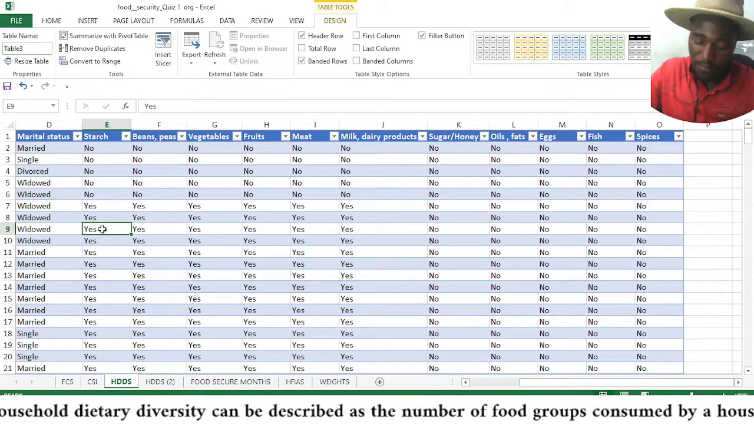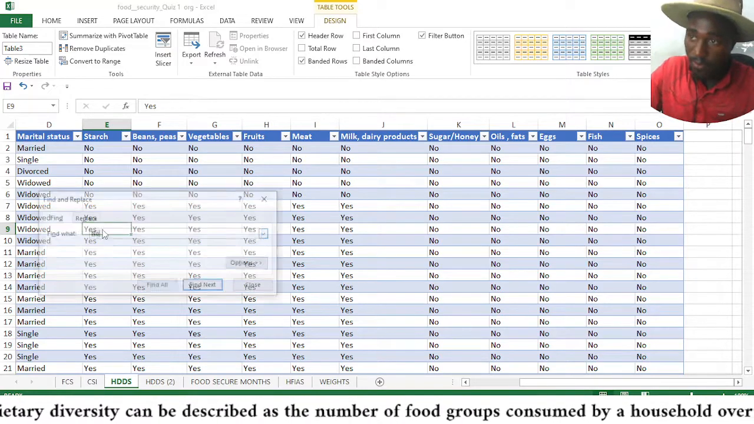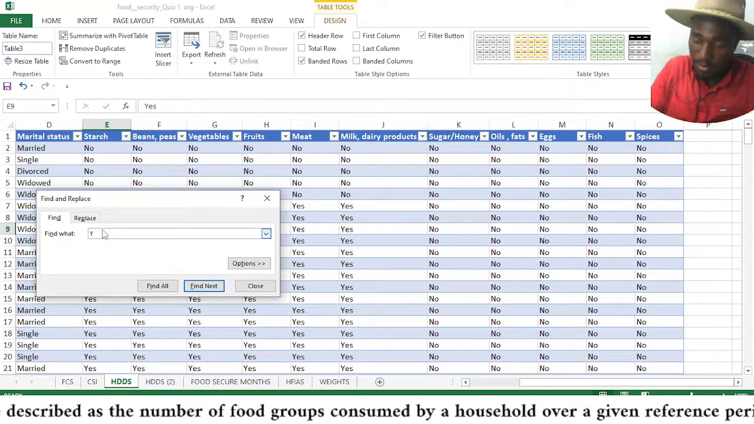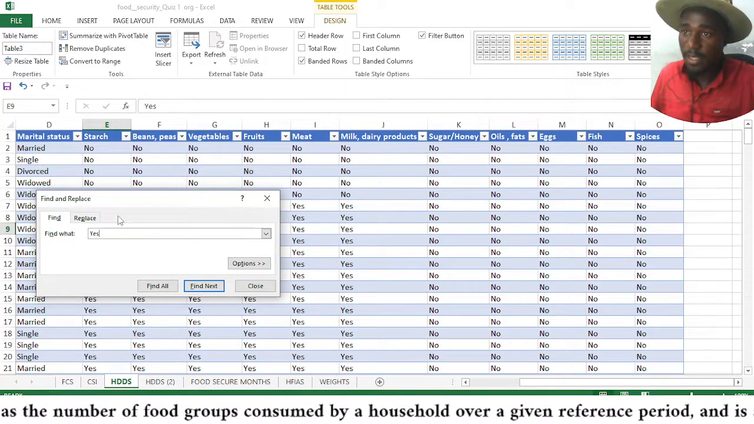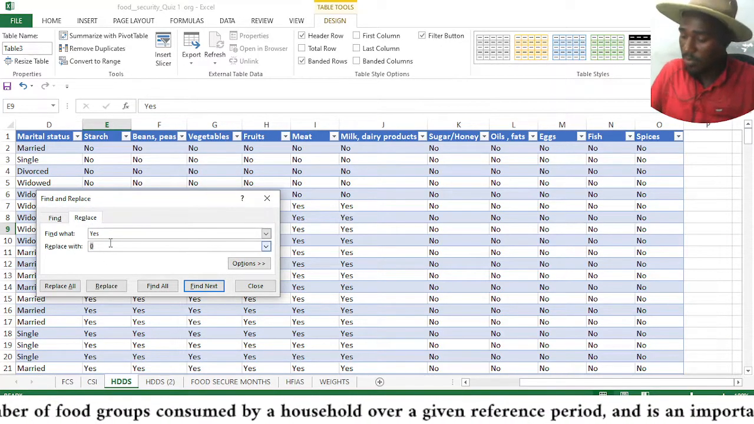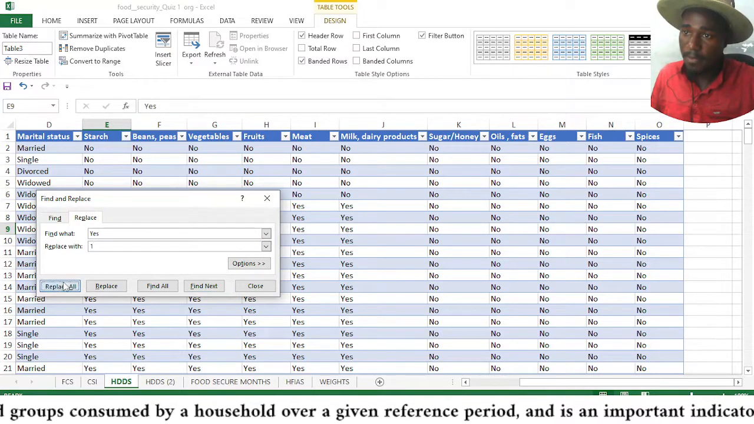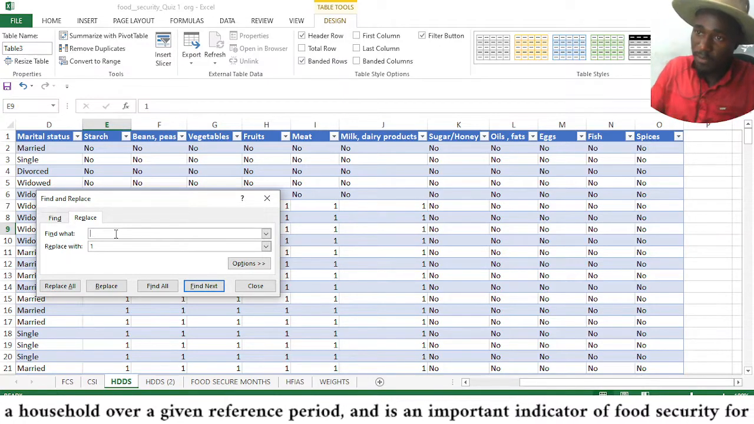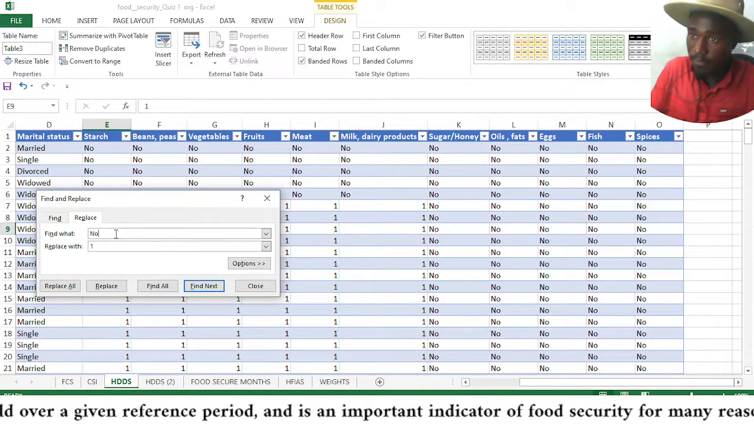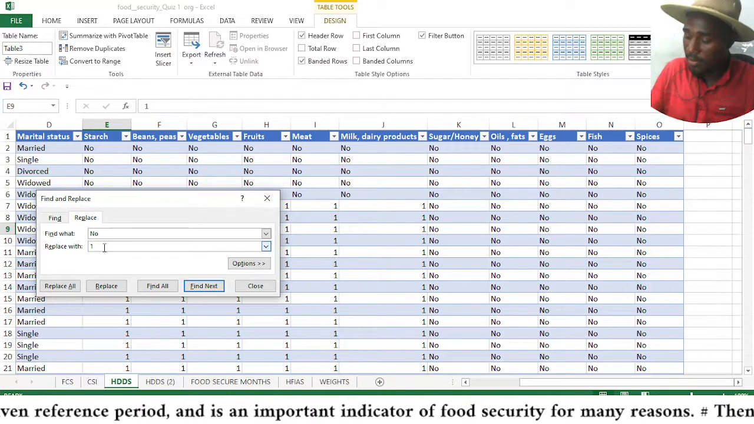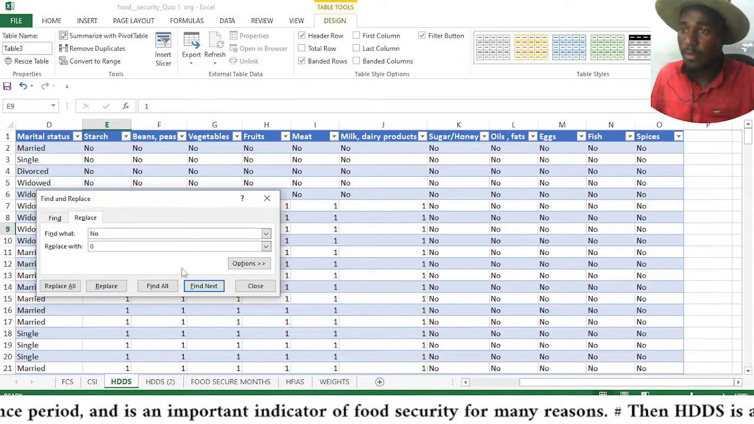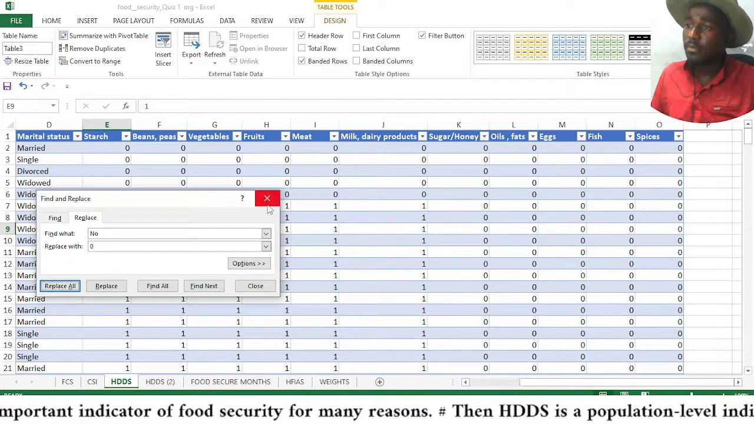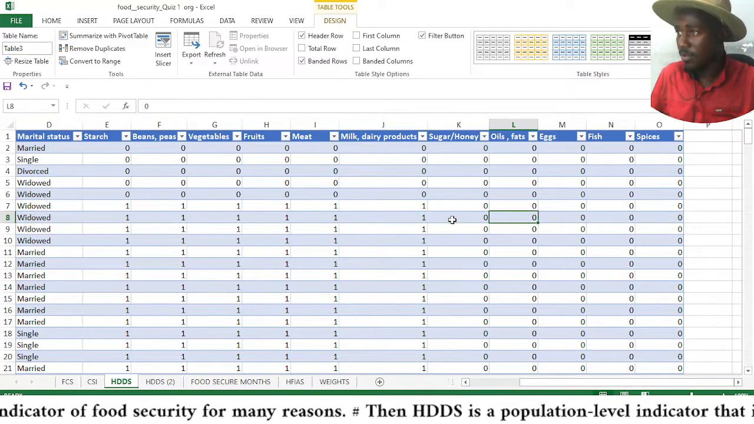Assign 1 to yes. So Control F, find yes as it is written, replace with 1, replace all, click OK. Then we want to find no, and we replace it with 0. We replace all. Then we now compute